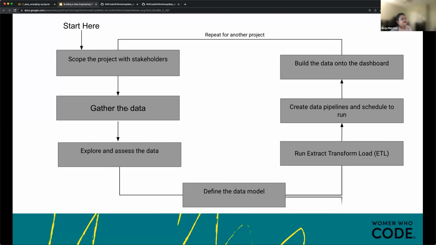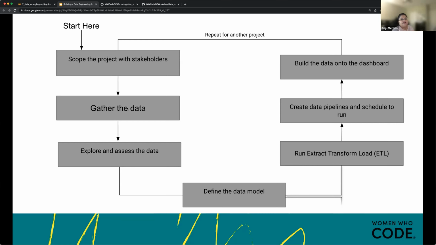Then you need to explore and assess the data. So you find out how many nulls there are, what the actual columns needed are, and what kind of joins we need to use. This part, exploring and assessing the data, is very important, because this is where you have to design. This is where you have to figure out which is going to be a fact table, and which is going to be a